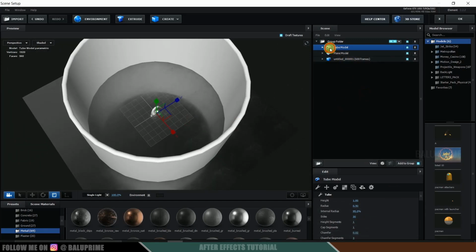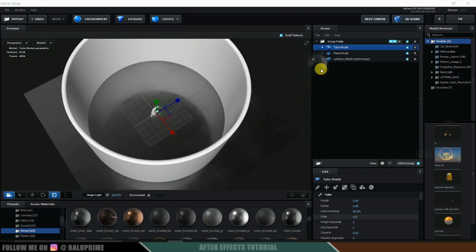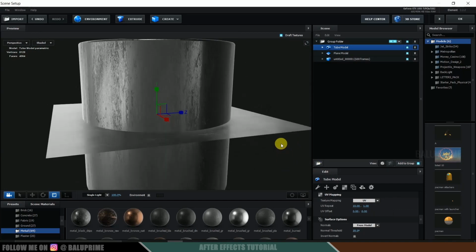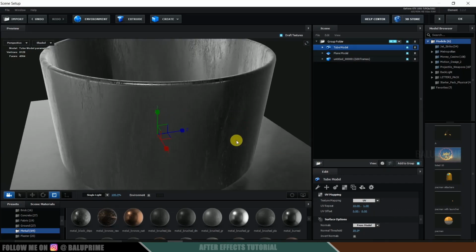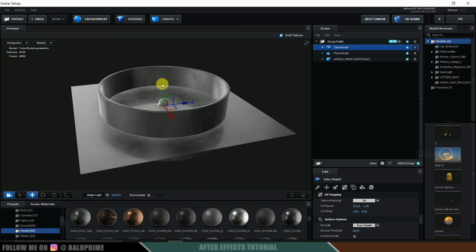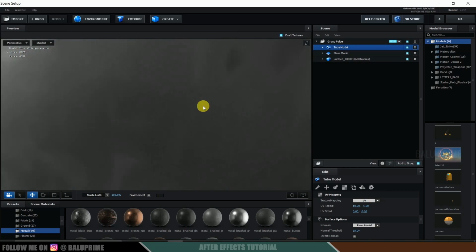And let me increase the segments, sides. Okay. And let me apply another material to this. Okay, come to this UV. Let me change this UV repeat to 10. Okay, so that we got this material here. Bring it up. Okay.